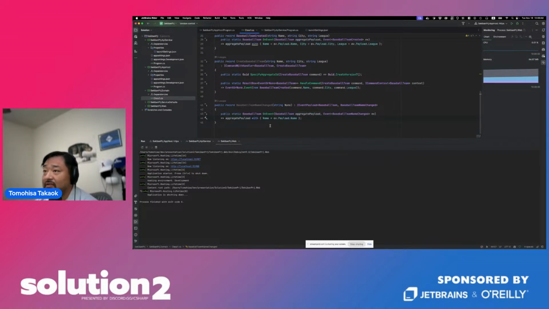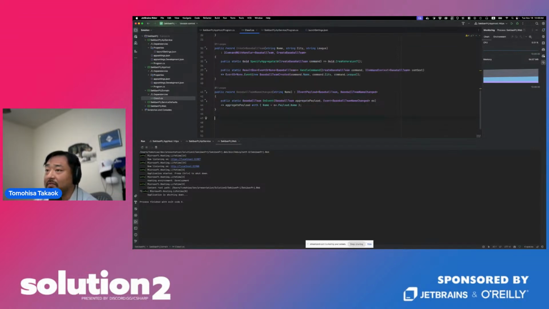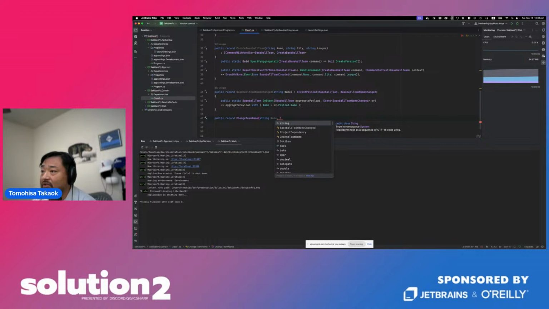So event sourcing, when you think about the command, each situation you have a different input, so you can save only that time that you need to. So public records, and now ChangeTeamName, and then this needs string name, but also need to specify which aggregate to be changed.